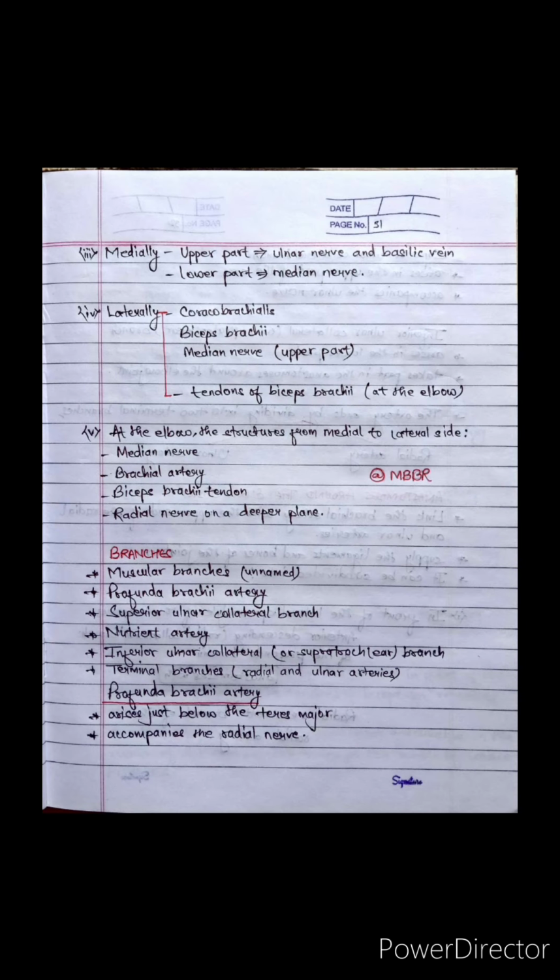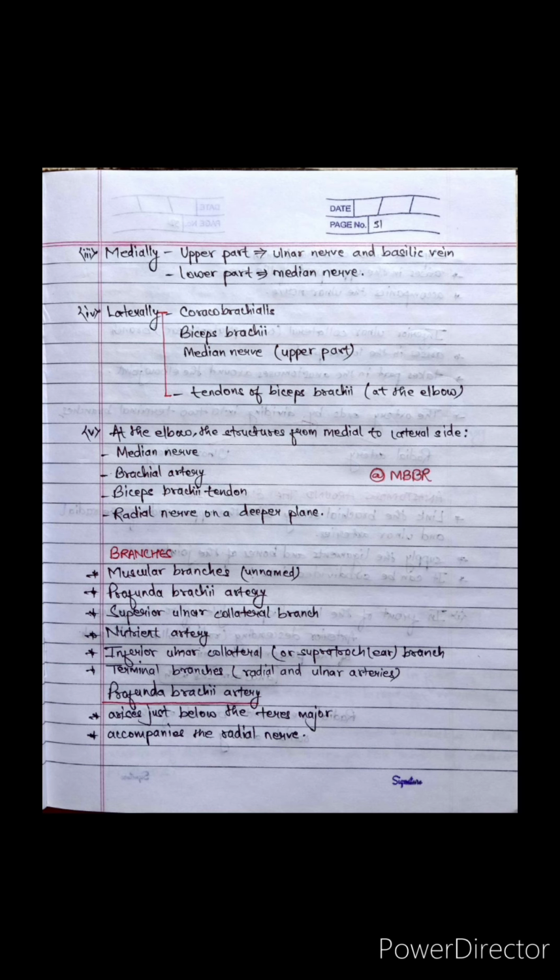Medially, in the upper part, it is related to ulnar nerve and basilic vein, and in the lower part, it is related to median nerve. Laterally, it is related to coracobrachialis, biceps brachii, and median nerve in the upper part, and tendons of biceps brachii